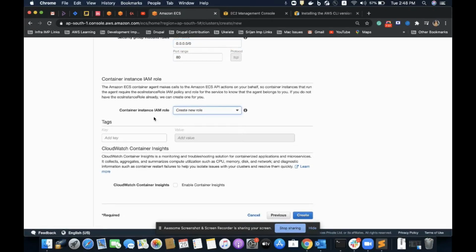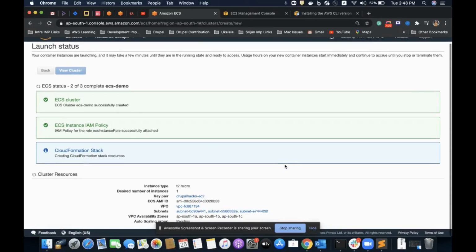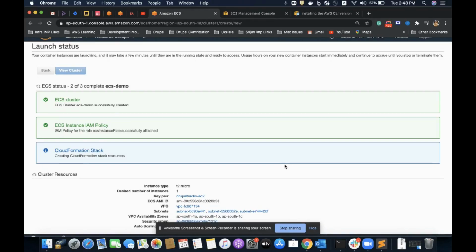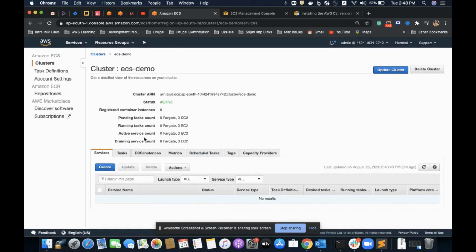And for the container instance IAM role, I'll go with create new role, keeping CloudWatch Container Insights disabled. Let's wait for a while. It should be done. Okay, it is done. I have my cluster here.